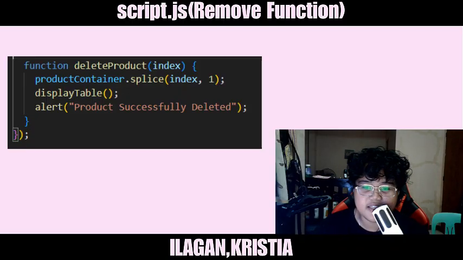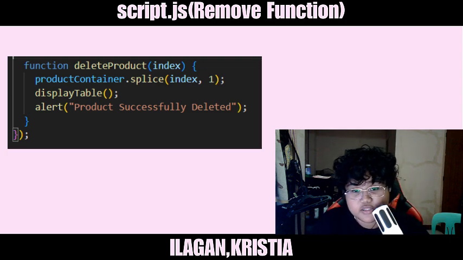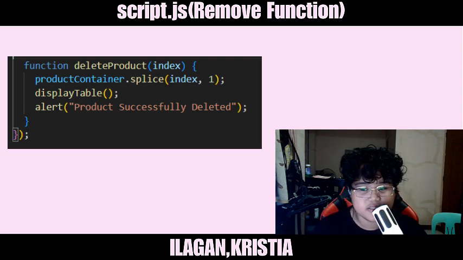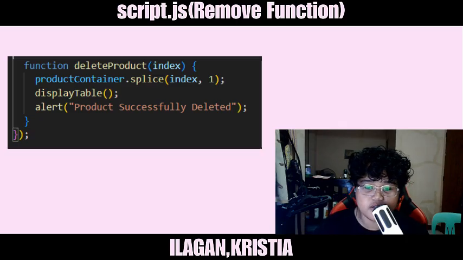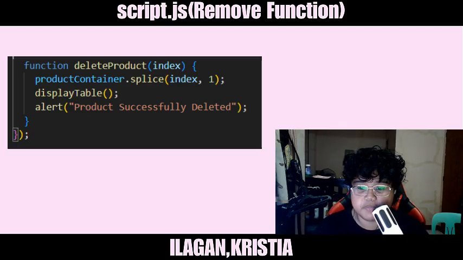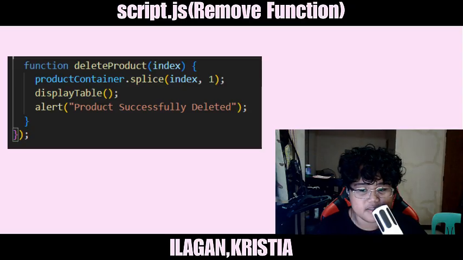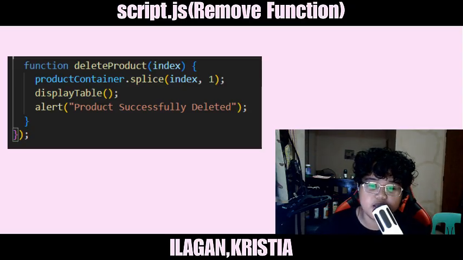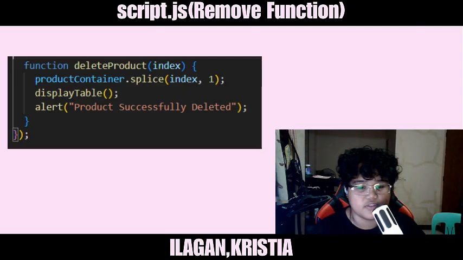This index identifies which product to remove from the list. After that, the deleteProduct function is called. This function removes the selected product from the product container array using splice. The splice method takes the index and removes one item from that position.